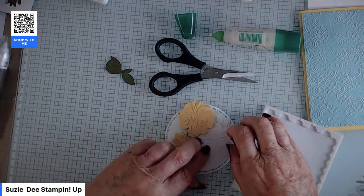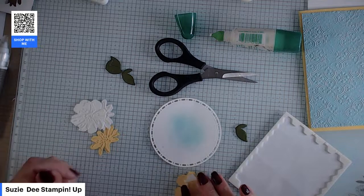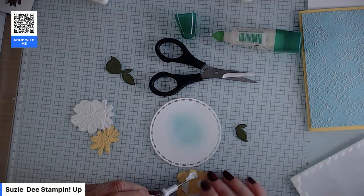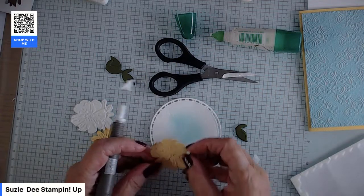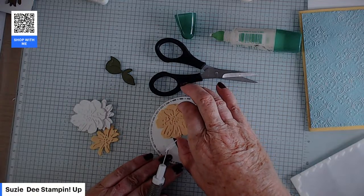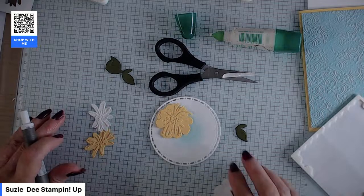It's a pity I can't get so that they're not together. All right, take a pick tool. I'm not going to press these down yet. So I'm going to just sit it there. If they drop on the floor here in the...